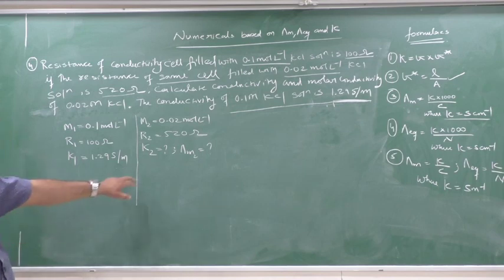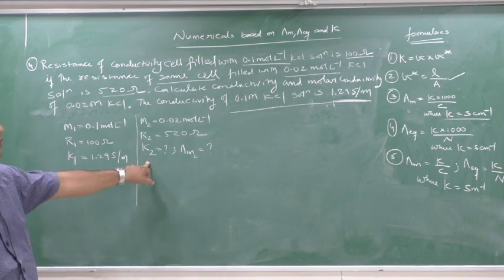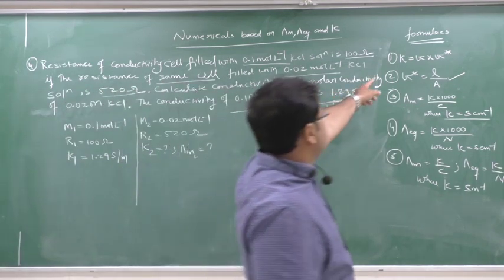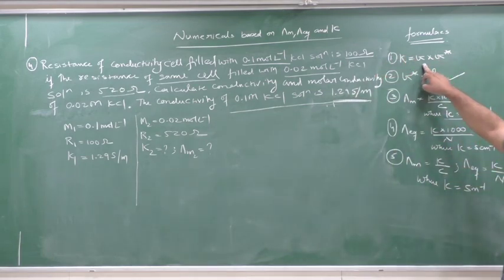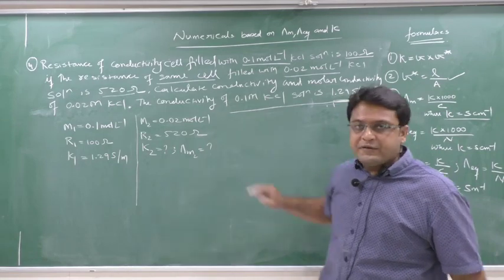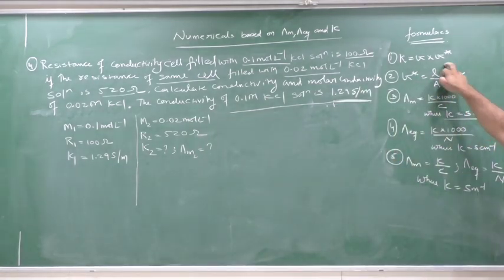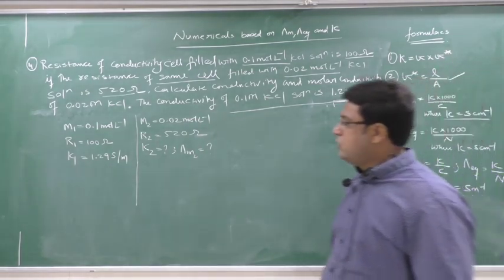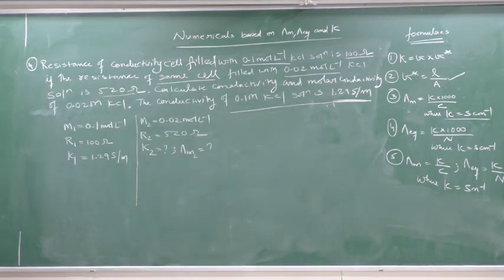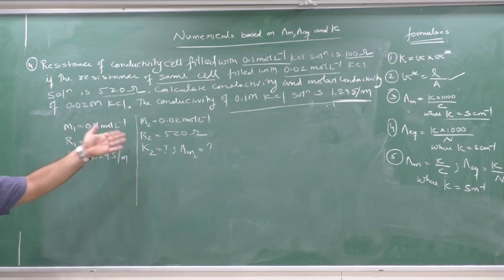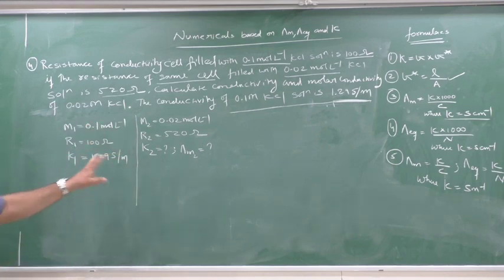See what I will do. I need here K2. So one K2 formula is this: K2 equal to G2 into G star. I can do it, no? G2 is very simple, 1 by R2. But if I determine G star, that is the cell constant, I can solve the problem now. So you know this, the cell remains the same, just the electrolyte changes. Means G star for both conditions remains the same, that is the cell constant. So from here, first we will calculate the G star.